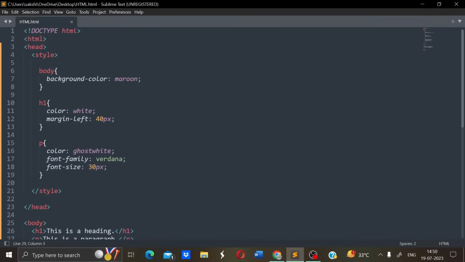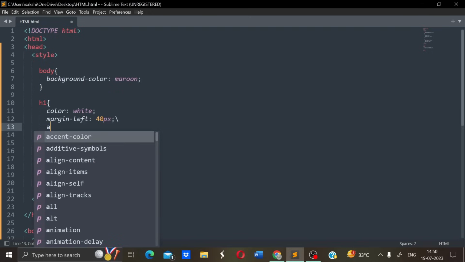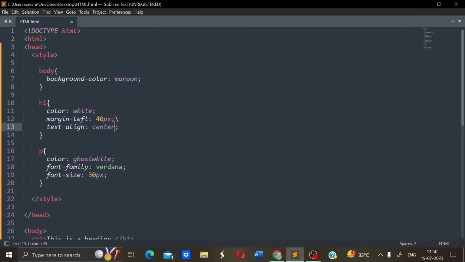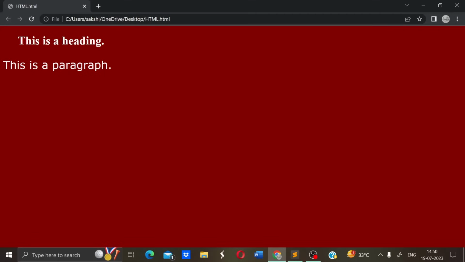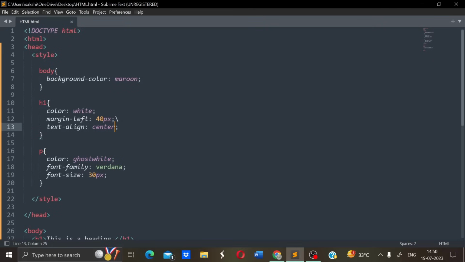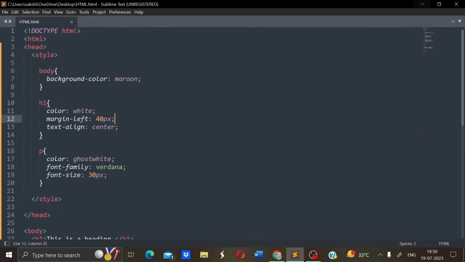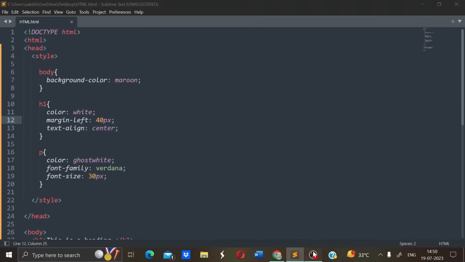Okay, so if I align this somewhere, we will just write text align, center. That will look much better. Okay, this is looking better in center. Yeah, so this is how you can